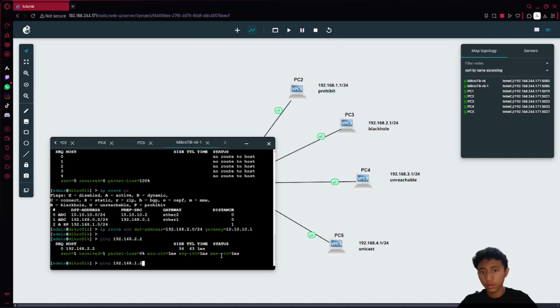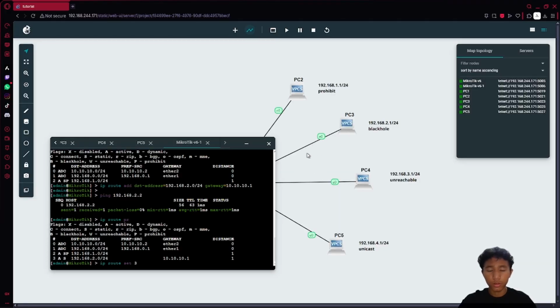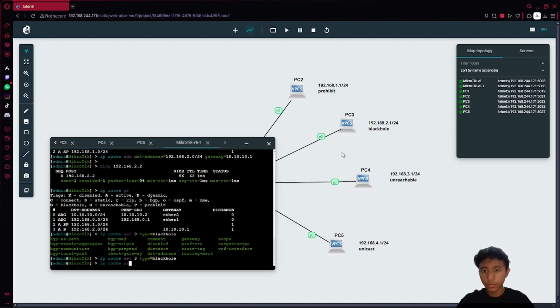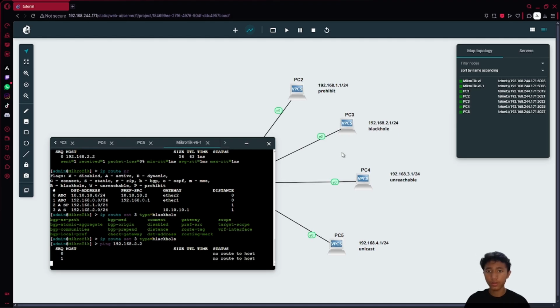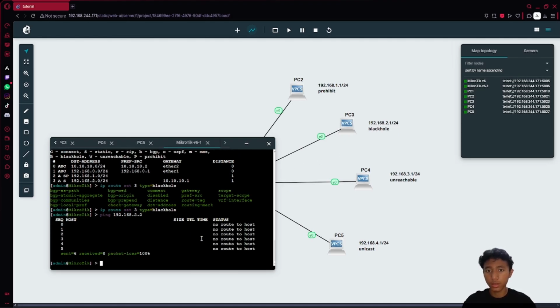But if you set the network type as black hole and try to ping again, it says no route to host. Or if you try it in real life, it will time out.